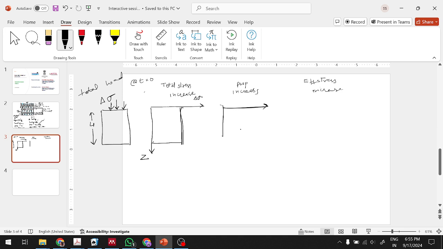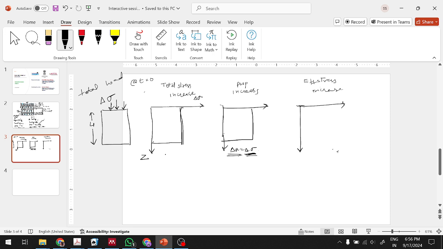at T equal to 0, the change in pore water pressure throughout the space will be the same. It will be maximum, which will be equivalent to delta U equal to delta sigma. Here you have to understand, as I said, that initially zero stress is borne by the soil structure. All the stress is borne by the pore water. Now, initially at T equal to 0, there will be no change in effective stress. There will be a change in pore water pressure, delta U, equivalent to delta sigma,